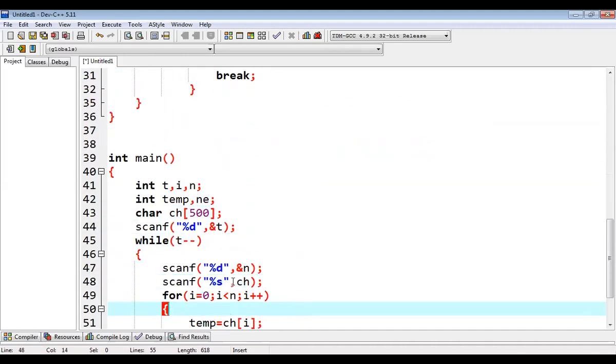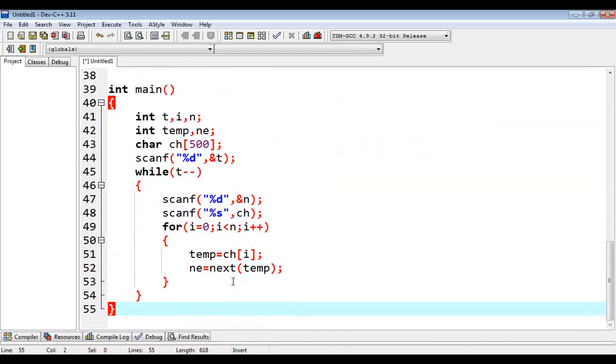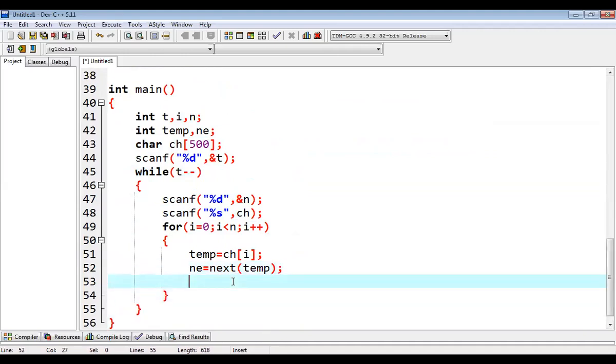I think that's fine. Okay. Now in this NE, we'll be getting the answer. And what we have to do in the next step is replace the first character with NE in that answer.